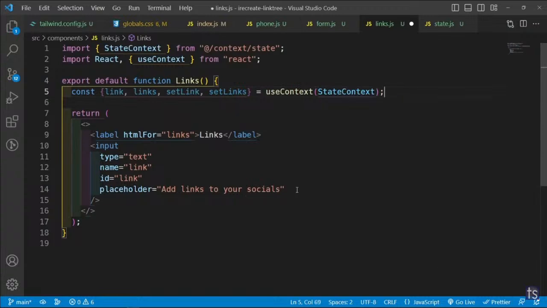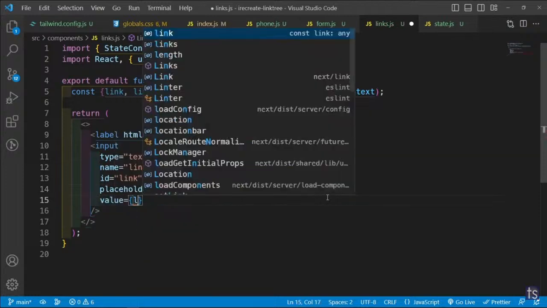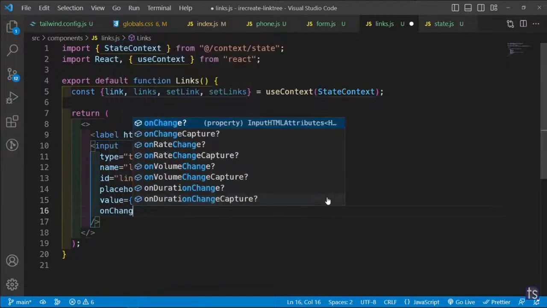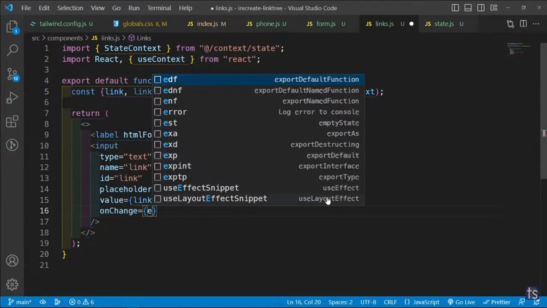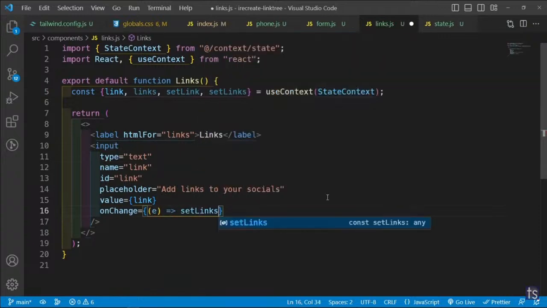So let's change this input into a controlled input. So we're going to pass in a value of link, and then on change we're going to say pass in e, and then we're going to say set link into e dot target dot value. Okay,